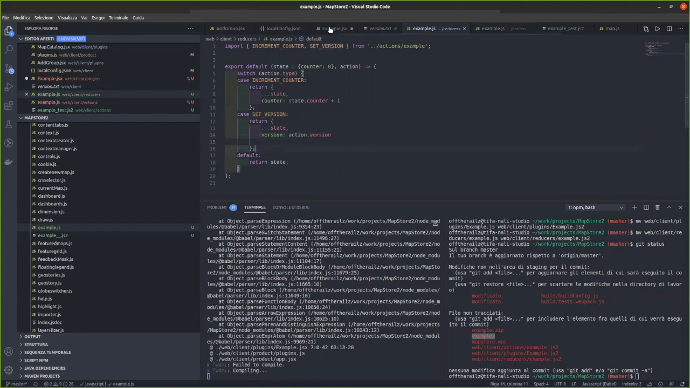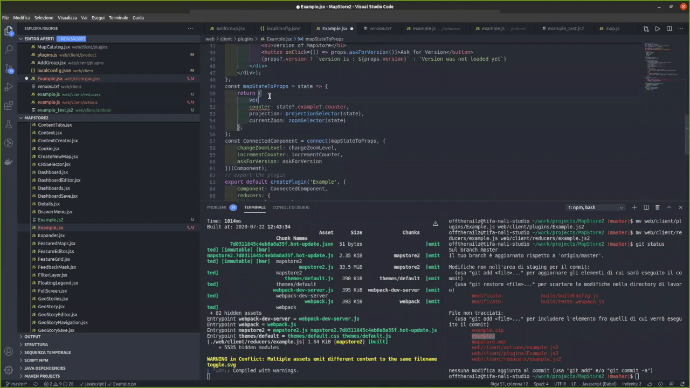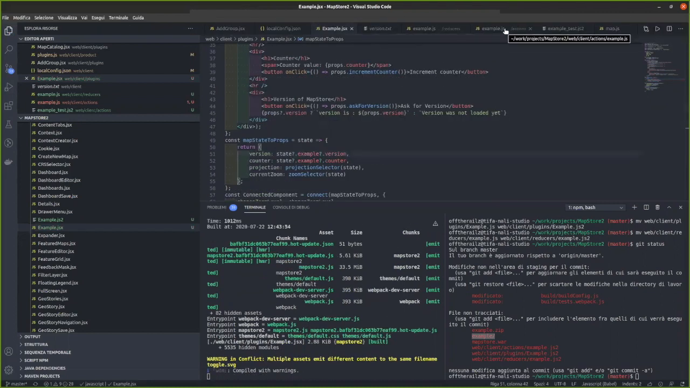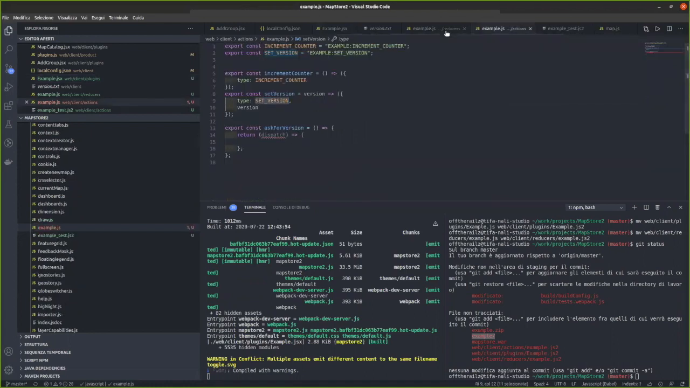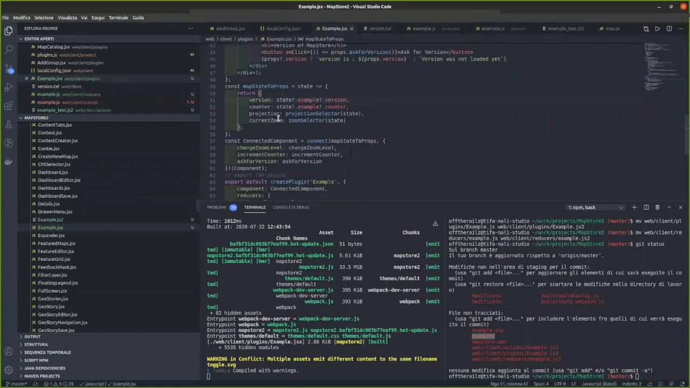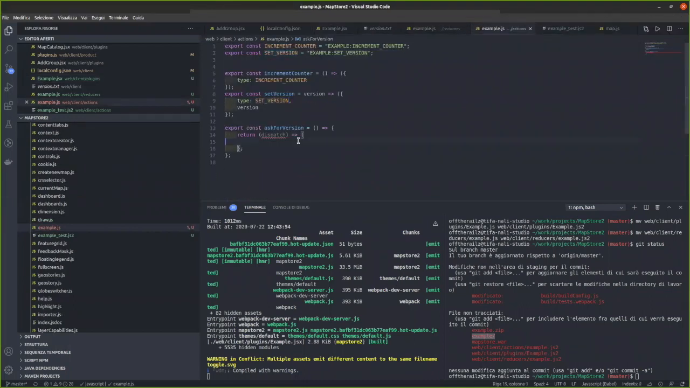And I can pass it to the component. Okay, so as soon as the thunk calls this action, it will update the state in the reducer, and this is connected to the plugin, and it will show the version. So the only thing remaining to do is to